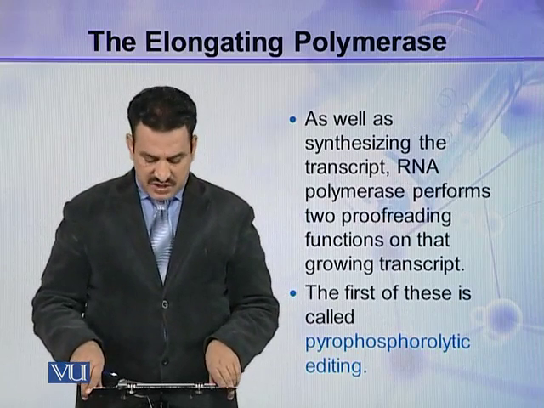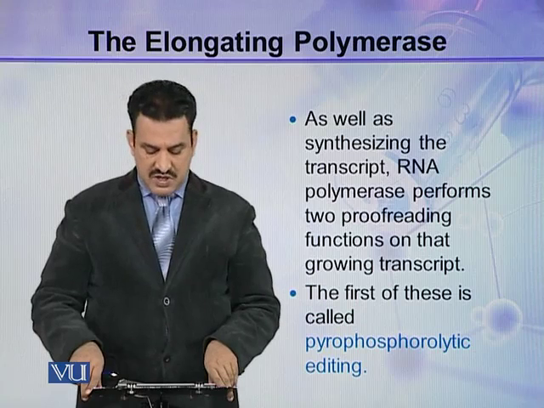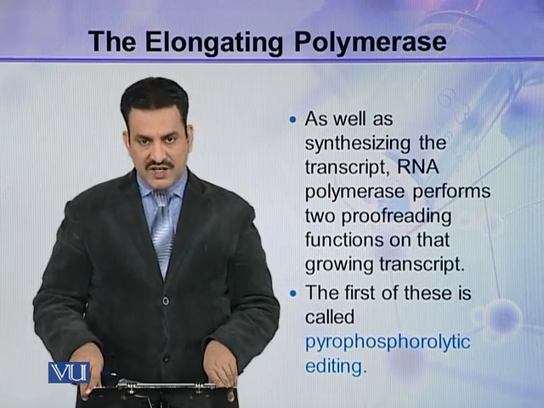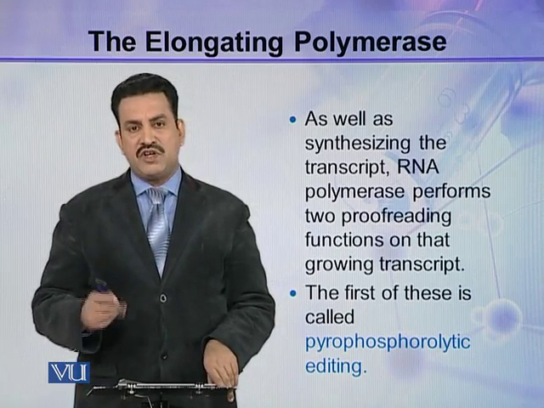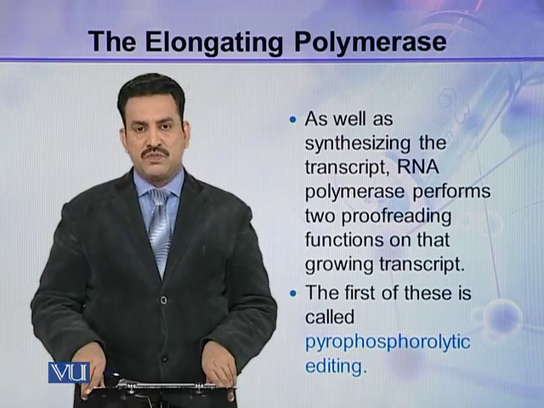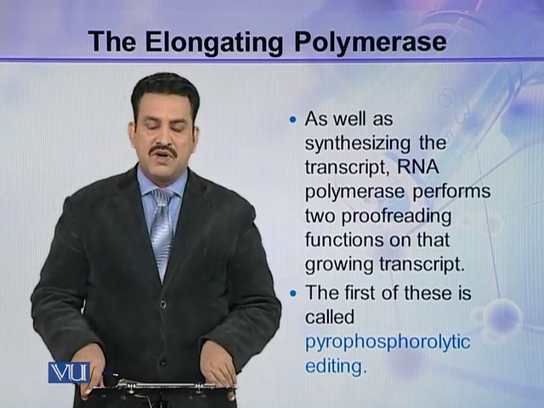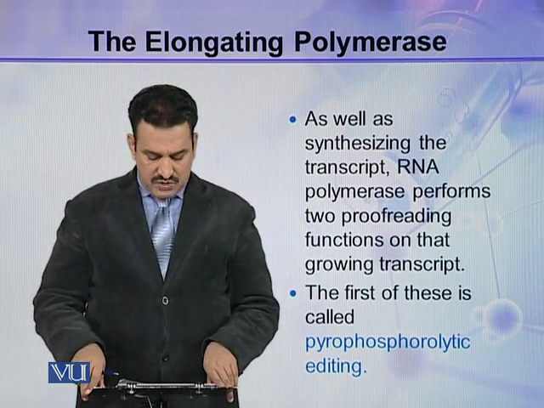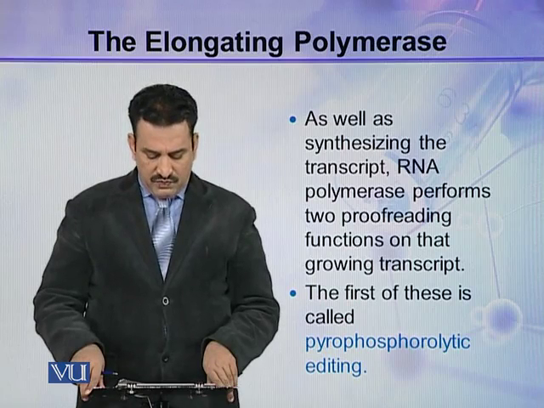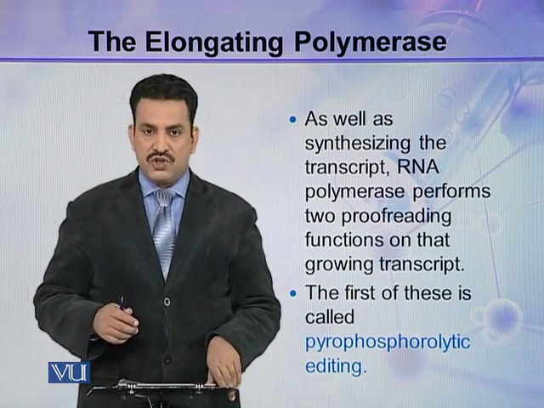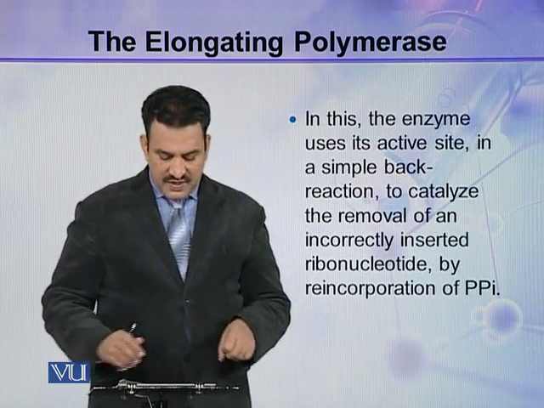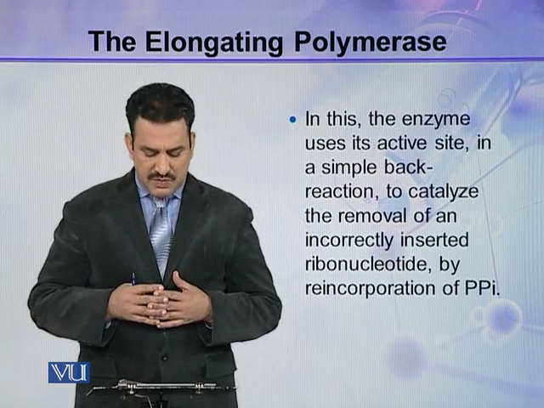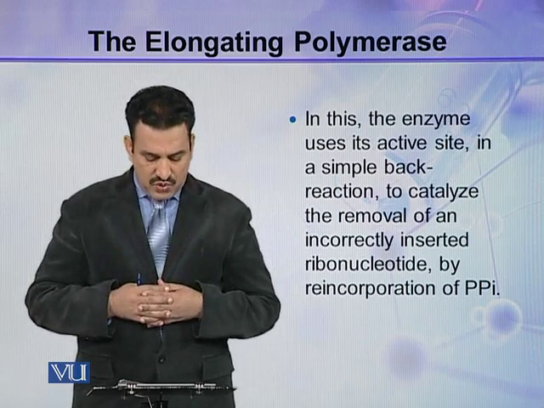As well as synthesizing the transcript, RNA polymerase performs two proofreading functions on that growing transcript. So this is an additional function of the RNA polymerase, which is proofreading, to eliminate the misincorporated nucleotides. The first of these is called pyrophosphorolytic editing. In this, the enzyme uses its active site in a simple back reaction to catalyze the